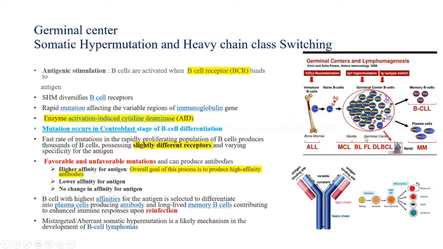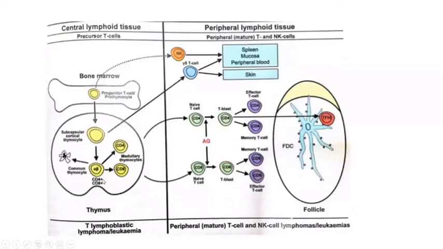Similarly for T cells, it starts from the progenitor T lymphocyte, and T cell differentiation occurs in the thymus. In the thymus, it can be CD4, CD8 positive T cell, or it can be negative. And from there they migrate into peripheral lymphoid organs. So precursor lymphoblastic lymphoma develops from precursor T cells, which can be CD4/8 positive or CD4/8 negative.